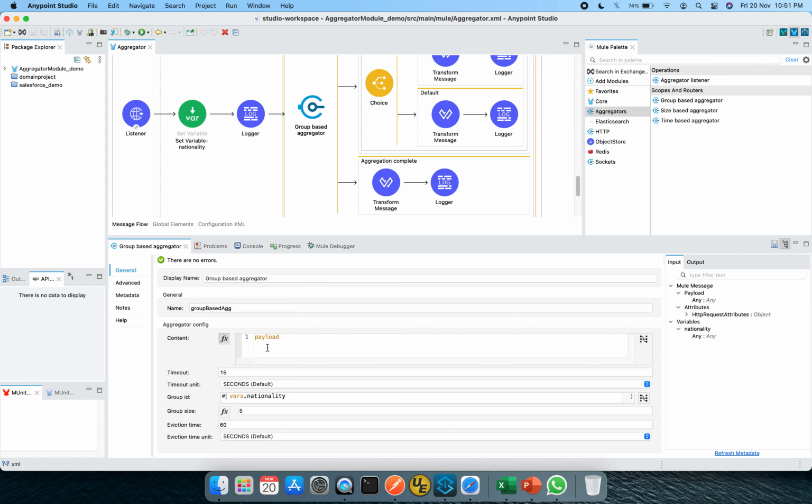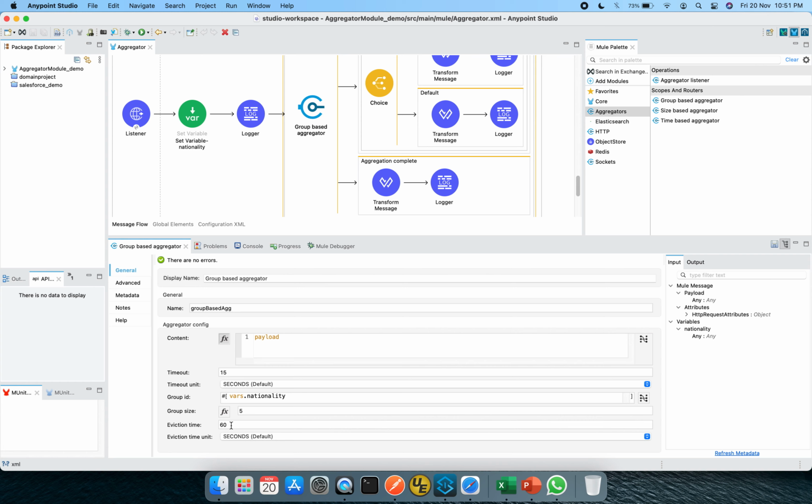So whenever there is a payload in which nationality is one of the elements, let's say nationality is equal to Indian, then as per the configuration it will have a group size of 5, and for 15 seconds it will mark the timeout of this particular flow, and the value of that particular group will reside within the memory or the object store for 60 seconds.